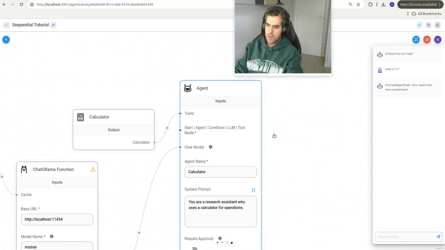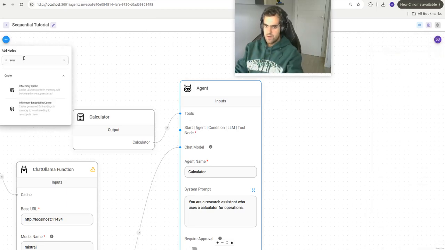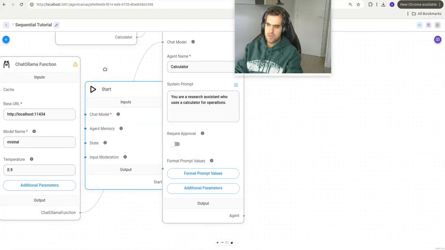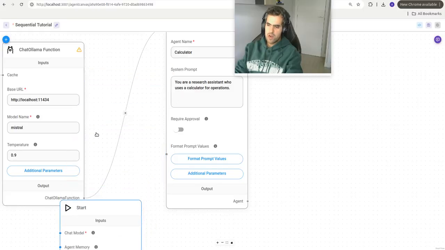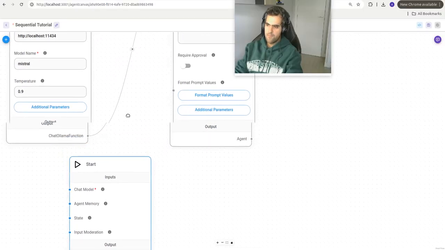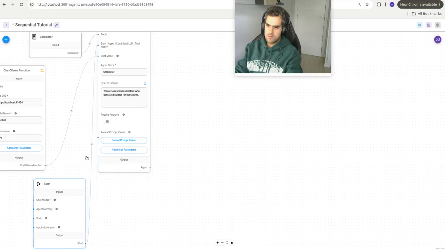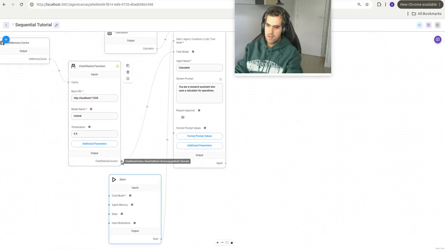So what does it mean? It means that we have not given any previous predecessor, so we need to give the start point. We go look for sequential agents, okay, and we have something called the start. That's where the agent is going to start. We drag and drop, okay, and we connect start with this, the chat model with this,